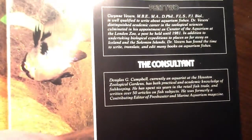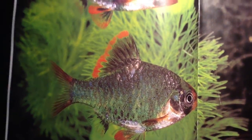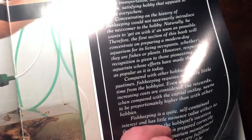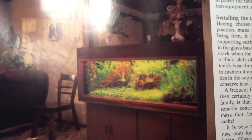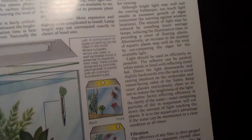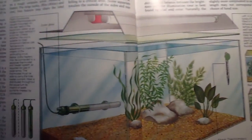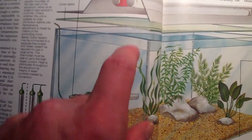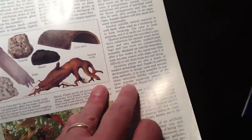I don't even know if you can find this anymore. It's so hard to find a bookstore or a book. And there's amazing German blue rams. But let me show you what this book does. And that's a killer fish too. Great pictures in this book. That definitely looks like a European tank, planted tank. You can see, or you can guess why I really love this book. And I really prefer heaters that go underwater and do this because you get better heat exchange. But anyway, let me get where